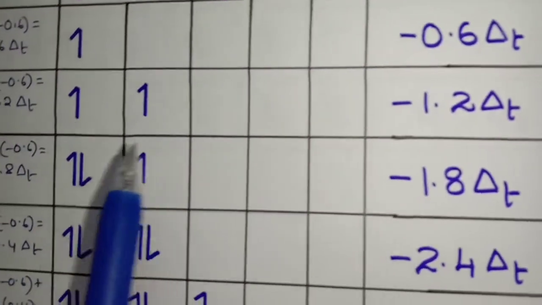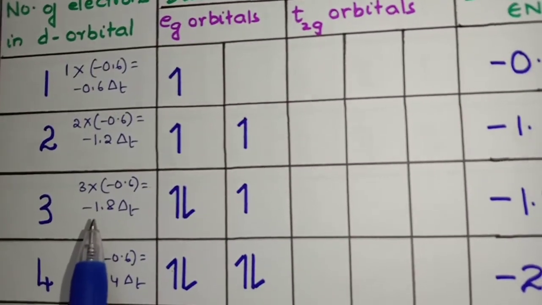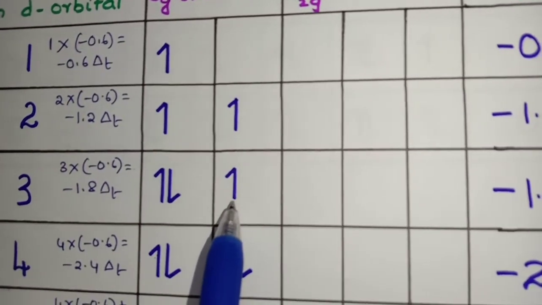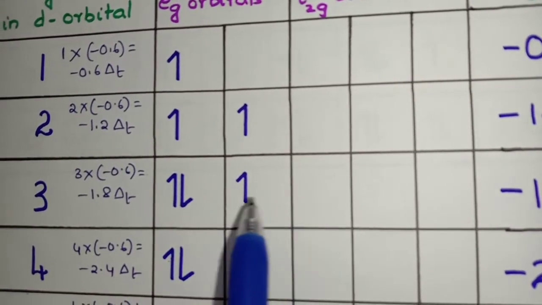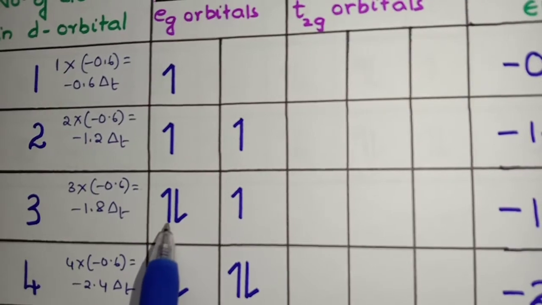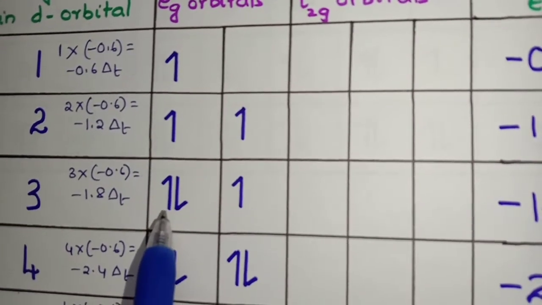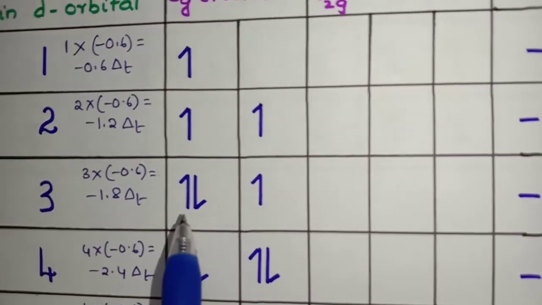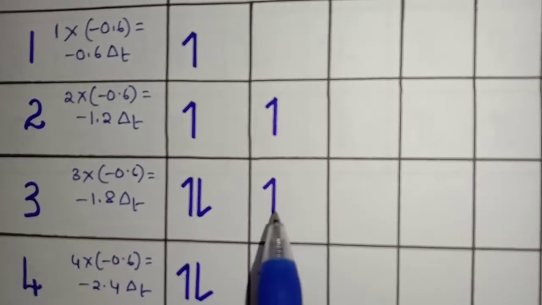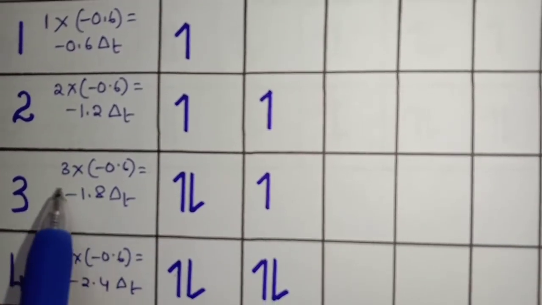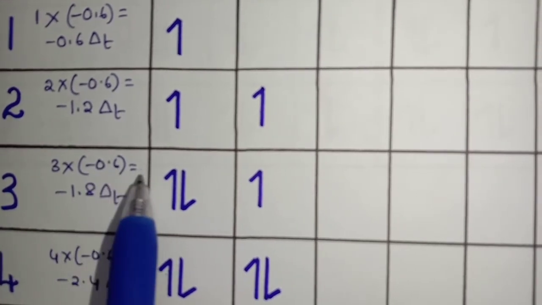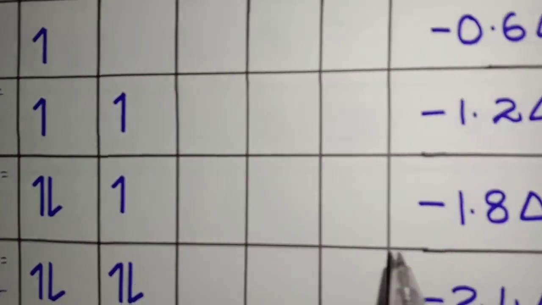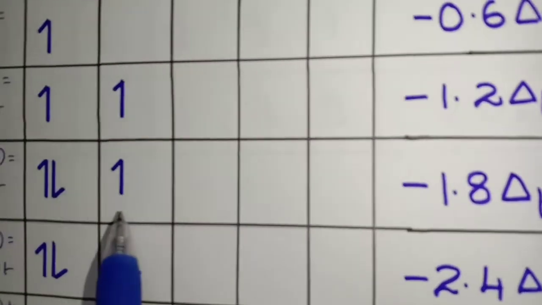Clear? Next, coming to if the number of electrons in d orbital is 3, first electron, second electron, third electron is not going into T2G. It is pairing up with the first electron in the first Eg orbital. Why? Because this is in the presence of a strong ligand. So, number of electrons in Eg orbitals total 3. Calculation of CFSE, 3 into minus 0.6 is equal to minus 1.8 delta T units, and the same I have mentioned here, and number of unpaired electrons will be 1.